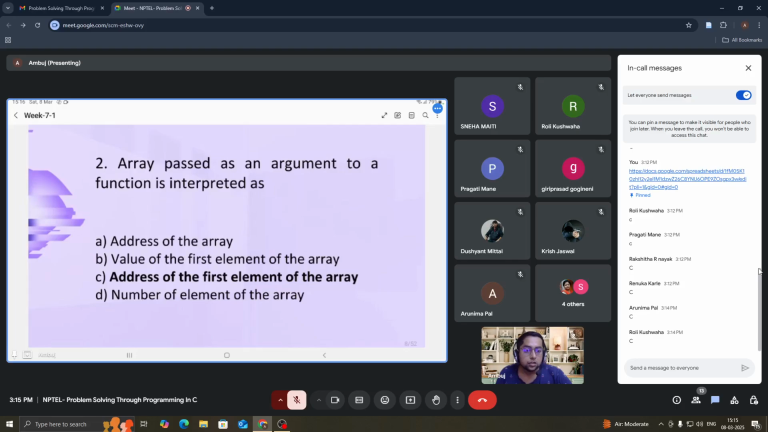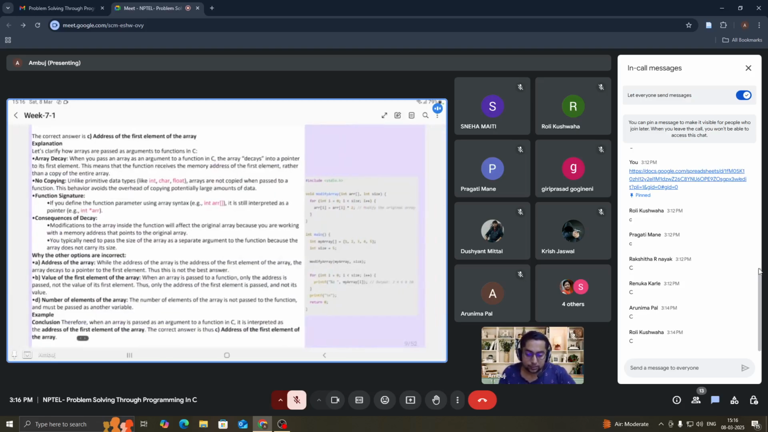Why is it done so? So that the entire operation, whatever manipulations, whatever calculations we want to do, are done in a very quick manner. Otherwise it is likely to take a lot of time, as well as it will consume a lot of other memory. So that is the reason. It's very simple. Address of the first element of the array, that is the correct option. Why? Because,